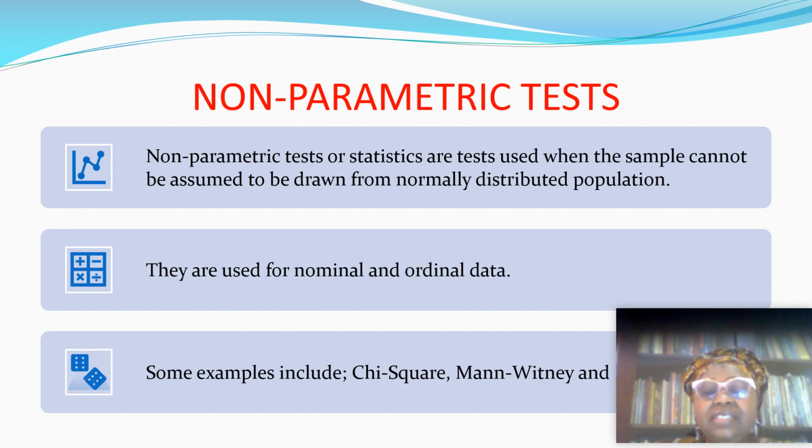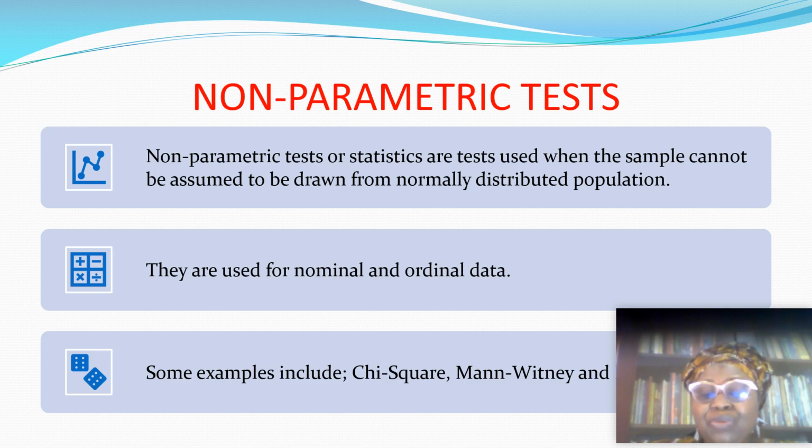Then non-parametric tests. Non-parametric tests or statistics are tests used when the sample cannot be assumed to be drawn from a normally distributed population. They are used for nominal and ordinal data. Examples include chi-square, Mann-Whitney test, and Runs test. You see, there are two things that come out, level of measurement, which you have explained. We now talk of